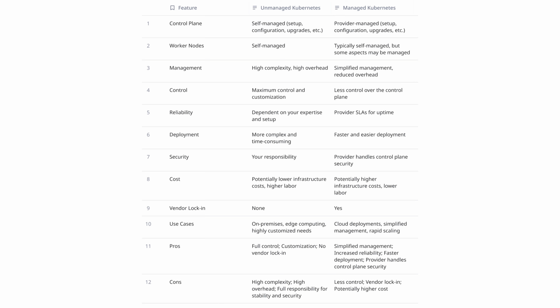For the monitoring part, on self-managed, you deploy and maintain your monitoring stack entirely. And in AKS, it gives you the insights via Azure Monitor out of the box. For the cost, on self-managed, you pay in infrastructure and engineering time. And with AKS, the control plane is free in standard. And you can use spot instances or reserved nodes for optimization.